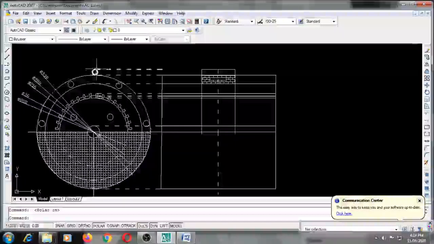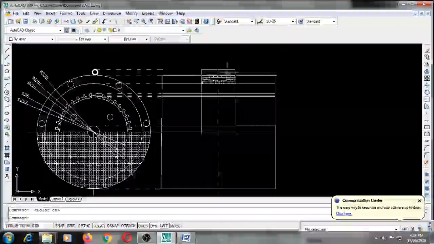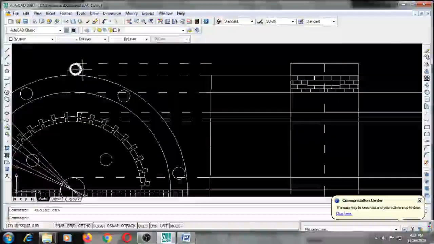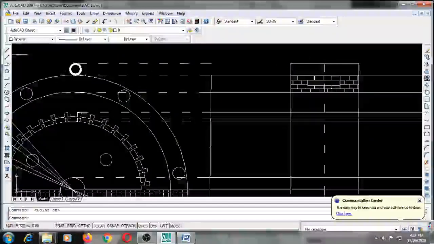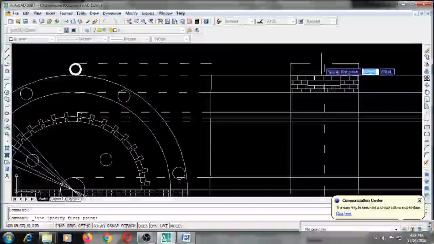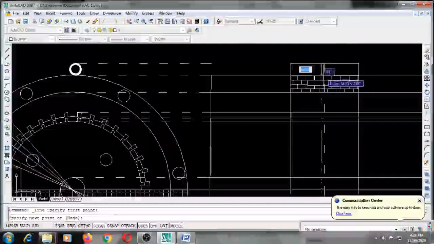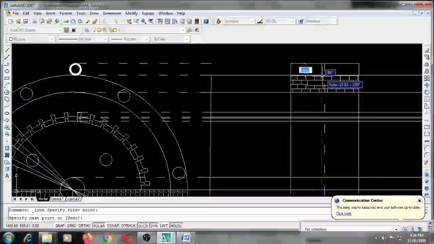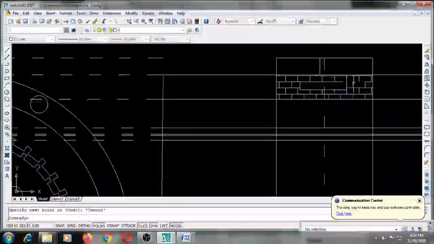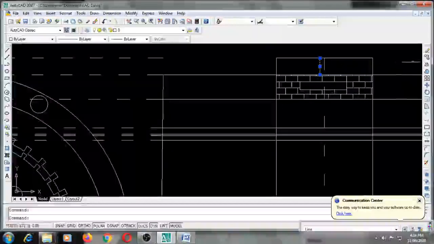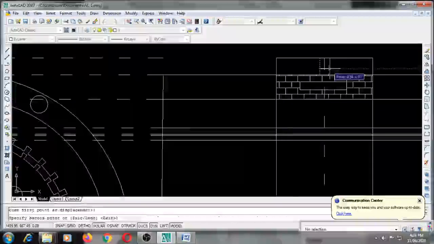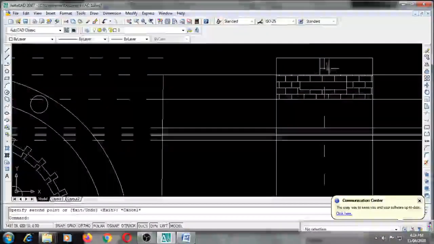Same way now we will represent this portion, the eye bolt here. So the eye bolt width we have is just that width. This solid thickness has to be represented here. So for that we can take a line and just draw one line from here, and after that you can take an offset of it or just a mirror of it. Now select this, copy it, paste it, or just opposite to that. Right. Now let's hatch this portion also.